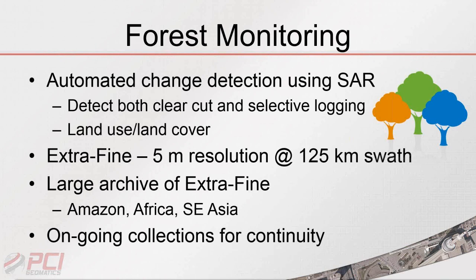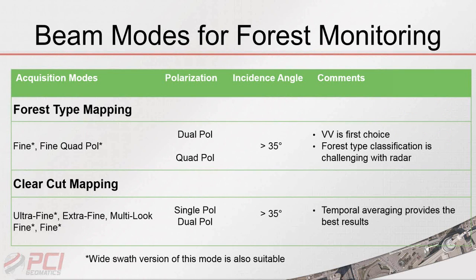And from that, we can automate the change detection process. We can do routine collections over these areas, and we do it on a regular basis. We can then run these change detection algorithms, and that allows us to see both clear cuts in the forestry as well as selective logging. And so, we can see something down to a few big trees being taken out of a patch of forest